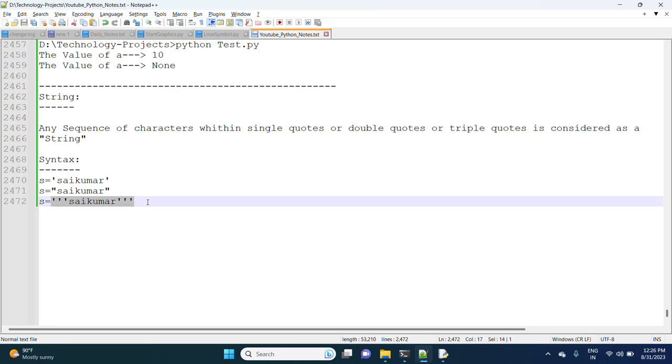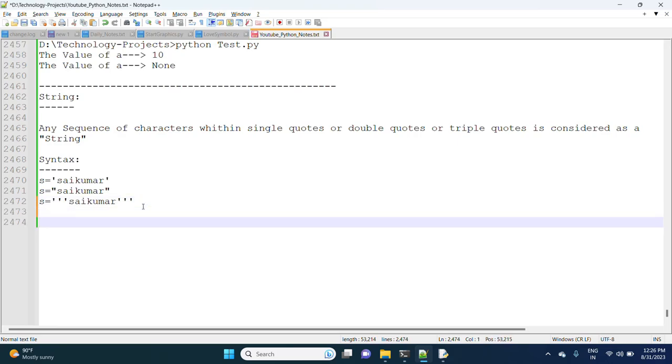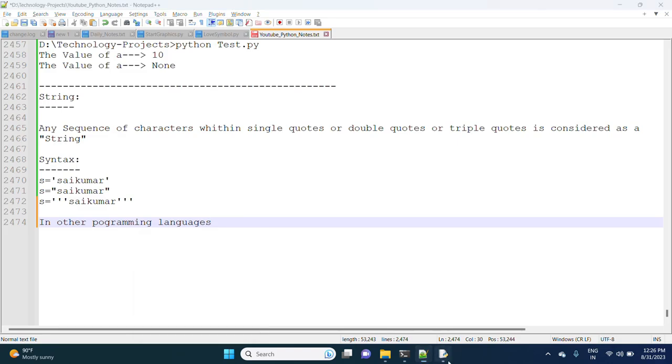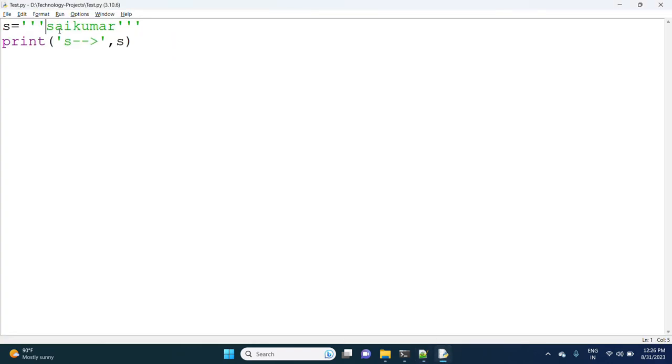But when compared to other programming languages, suppose here I'm taking a single character.